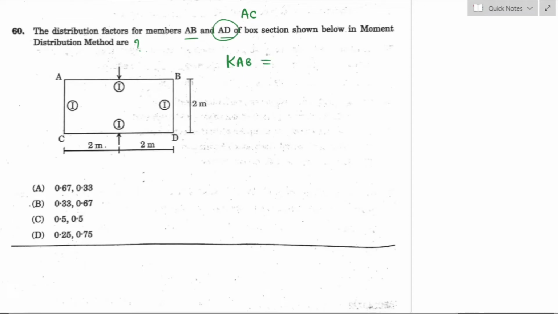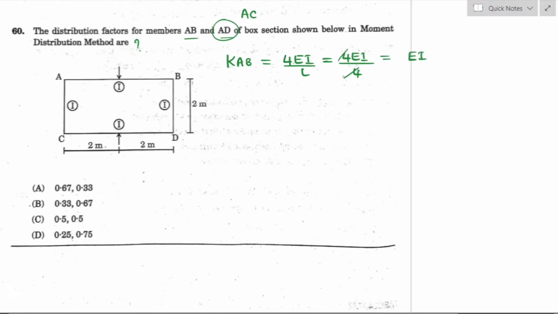When the far end is fixed or rigid, stiffness factor for member AB will be 4EI by L, where L is the length of the member. For member AB, the length is 4 meter. So 4 cancelled. Stiffness of the member AB will be